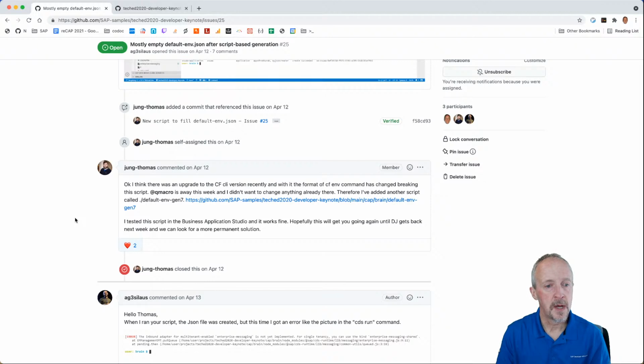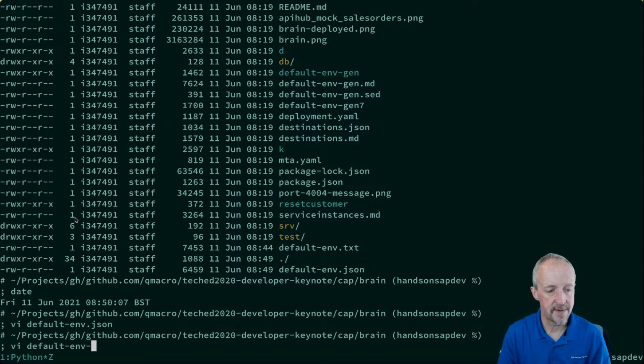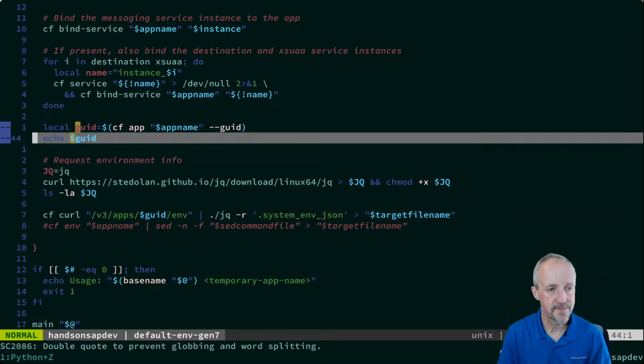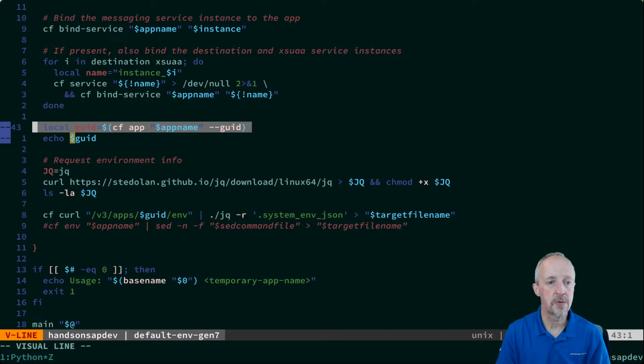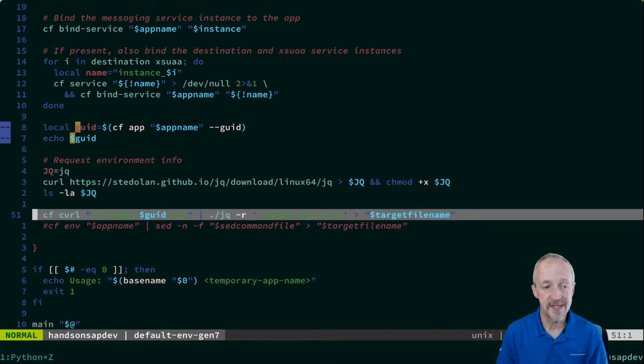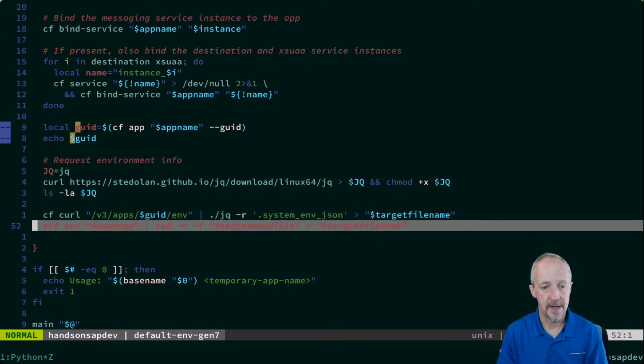So what Tom is saying here is he created this default-env-gen 7, not 8, 7. And what Tom added was this bit, local GUID equals the CF app name GUID. We'll explore what that is in a second. He installed jq. We've already got jq installed, but this is belt and braces, that's cool. And then instead of using cf env app name and this sed command, which I had written to parse out and grab the VCAP services part of the output,